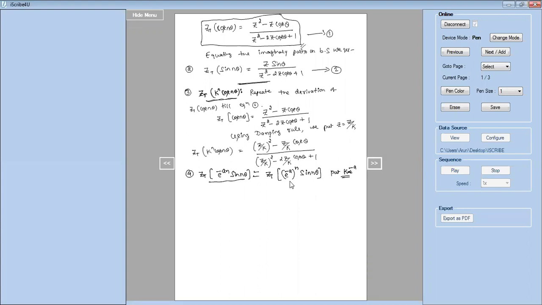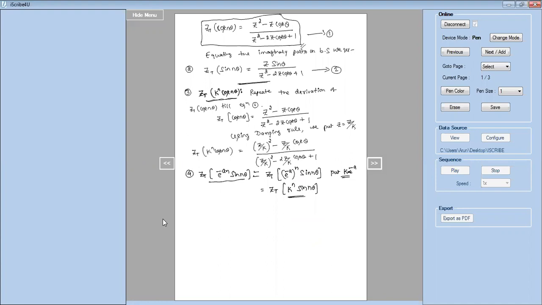So therefore this becomes the Z transform of k power n into sine n theta. Right. So just a rearrangement you have to do. Correct. So e power minus a n can be written as e power minus a whole power n. If I take this as k, you get k power n into sine n theta. And for this, what can we do? You have to repeat the steps of the derivation till equation 2, I mean up to this step. And after that, put Z is equal to Z by K using the damping rule, you get the answer. And in place of K, you put e power minus a.